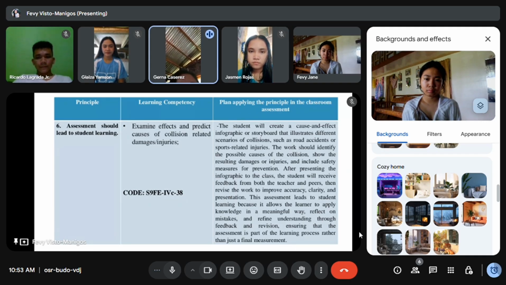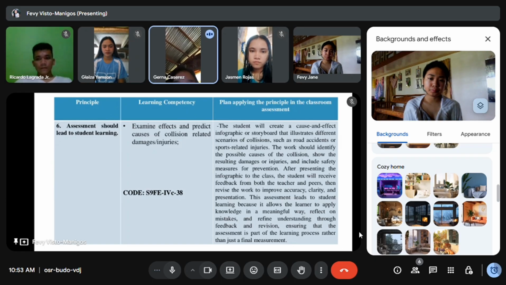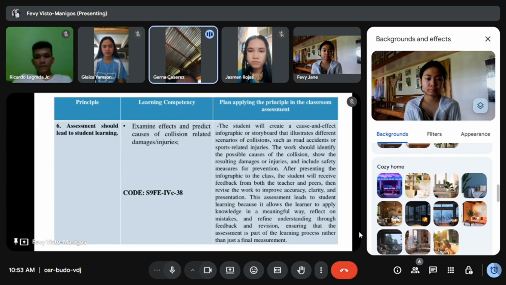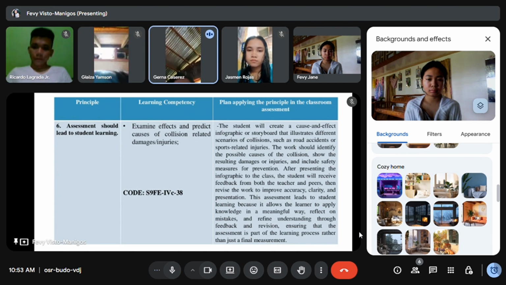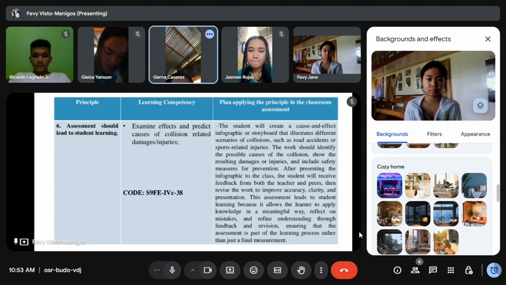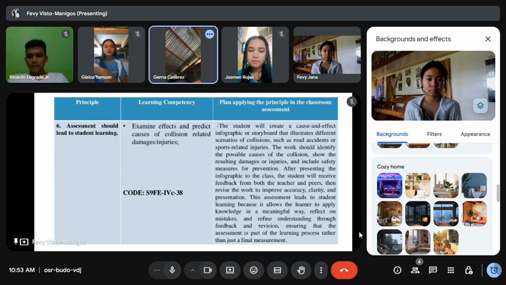In the plan applying the principle in the classroom assessment, the student will create a cause and effect infographic or storyboard that illustrates different scenarios of collisions, such as road accidents or sports related injuries. The work should identify the possible causes of the collision, show the resulting damages or injuries, and include safety measures